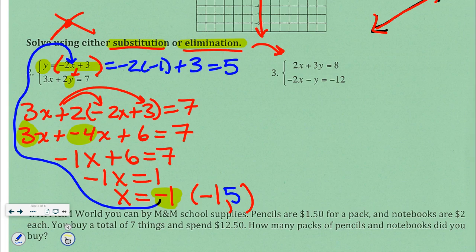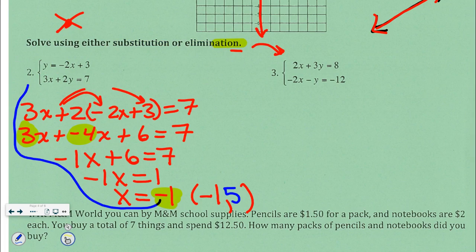You're going to have time left at the end. So what you might want to do is take the ordered pair and put it into the other equation and make sure that it works if you have time. What I mean by the other equation is I already plugged the -1 into the top equation. So I know it works in that one, but just to make sure I didn't make any arithmetic mistakes,